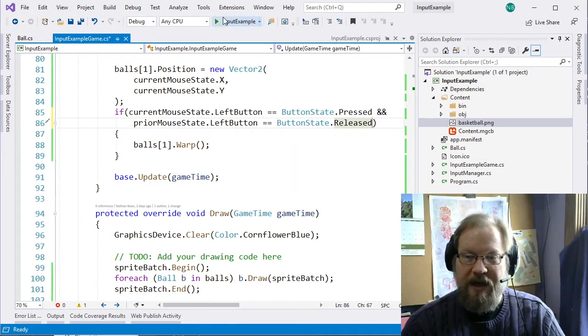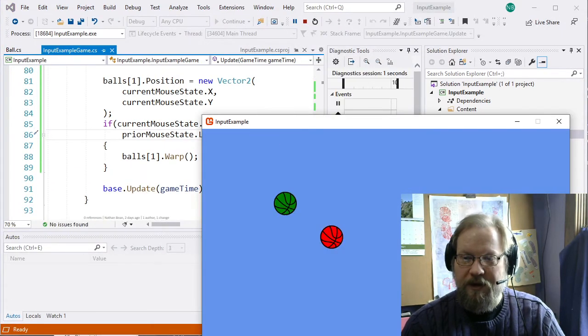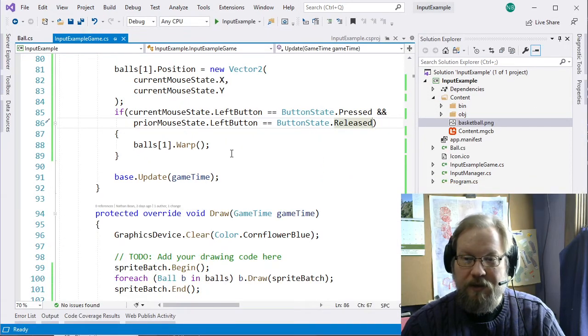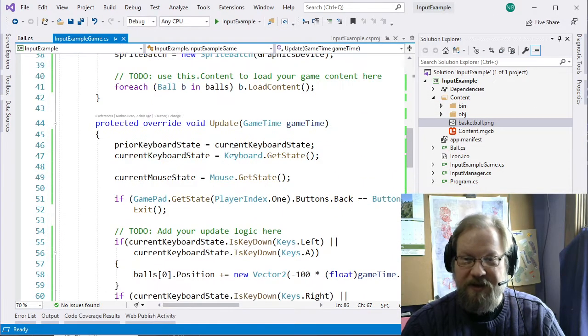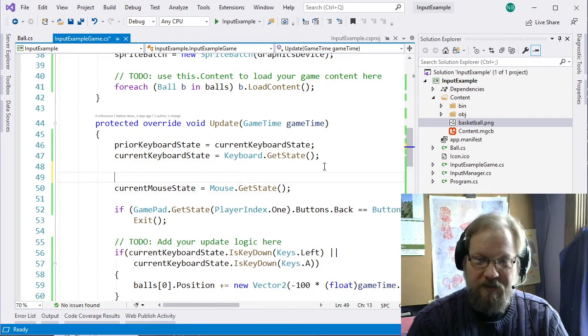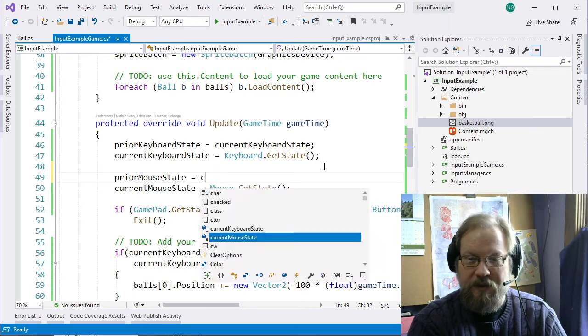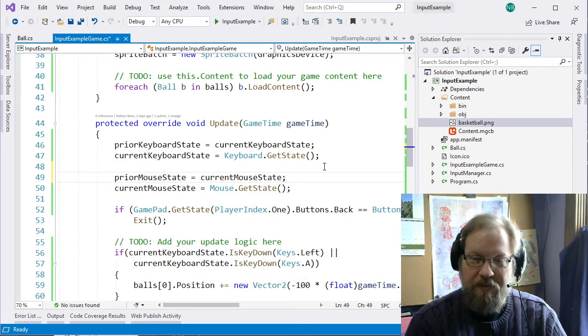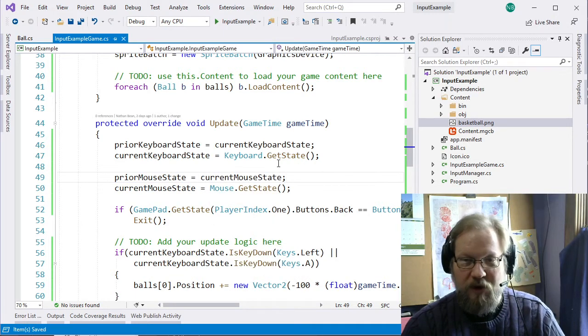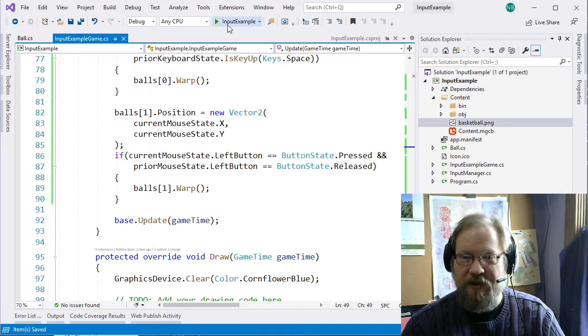And once we've done that and run it again, every time we click, looks like we didn't update the prior state. So we also have to do the same thing here, where we do prior mouse state equals current mouse state, to wrap what was the current frame into being the prior frame